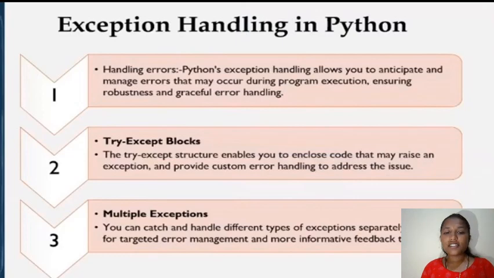The try except structure enables you to enclose the code that may raise an exception and provide custom error handling to address the issue. Third is multiple exceptions. You can catch and handle different exceptions separately for targeted error management and more informative error feedback.